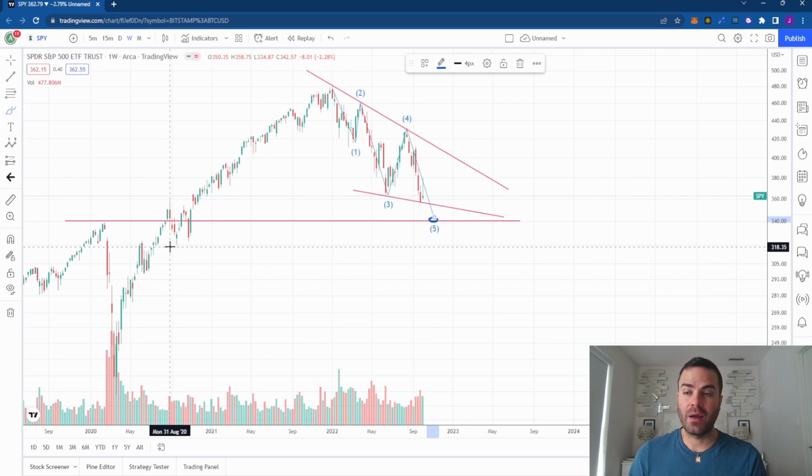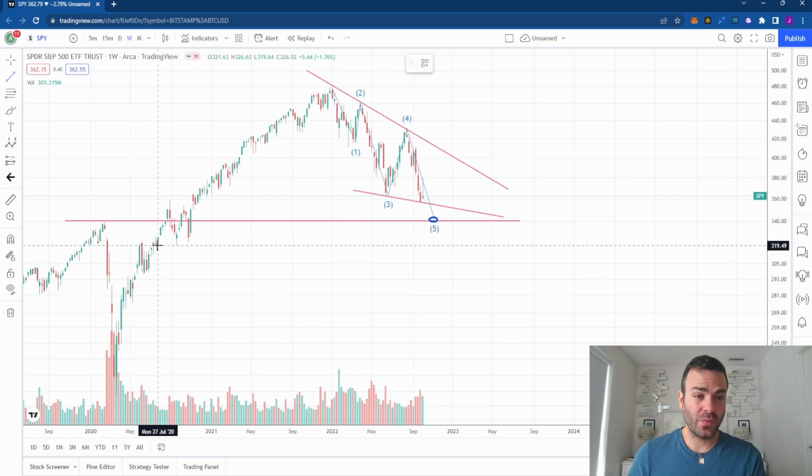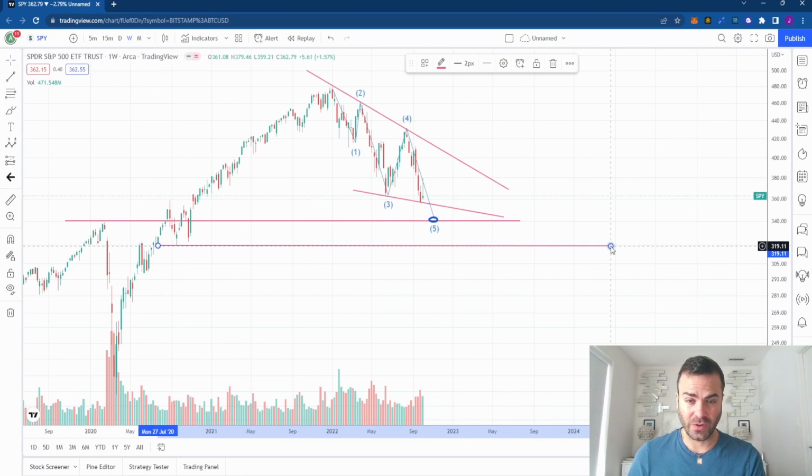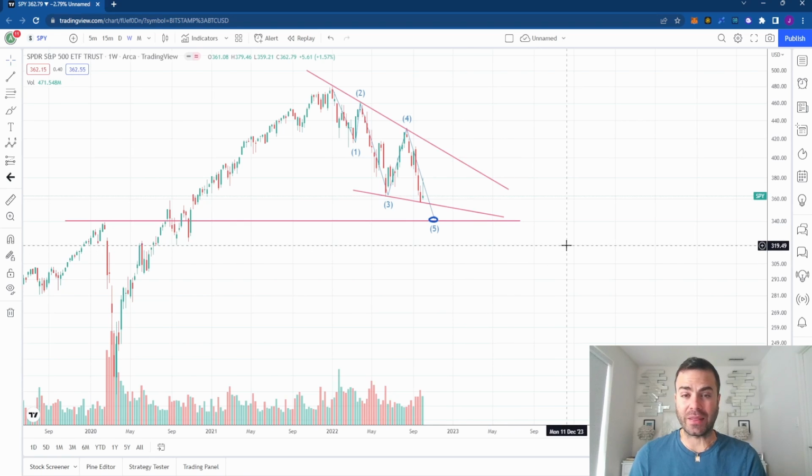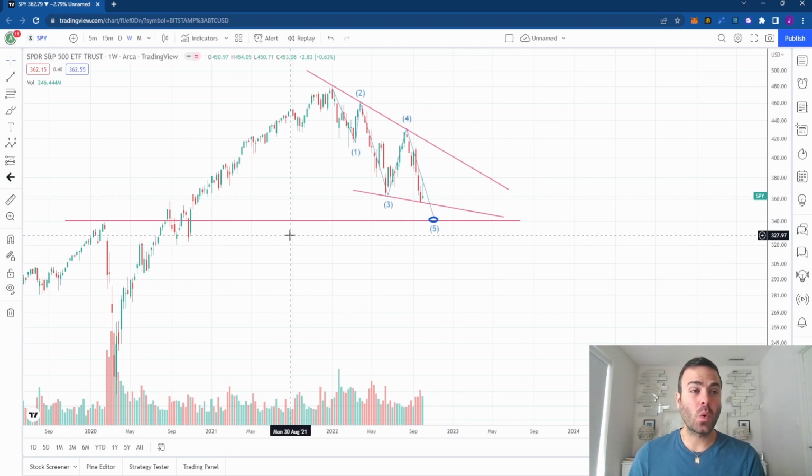with a risk of about $20 here on the SPY. So in the worst case scenario, we could go all the way down here to 320. But if you have a long-term perspective and you want to hold this through 2023, your risk reward is really good because